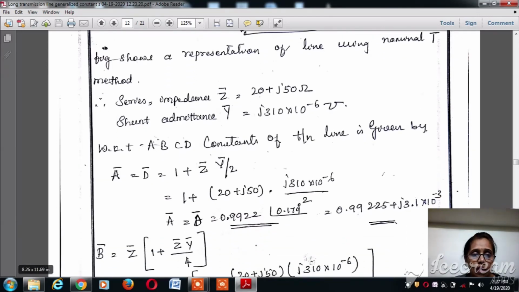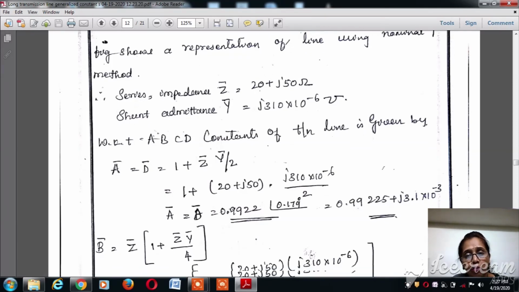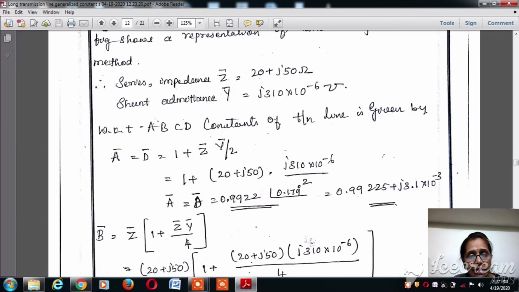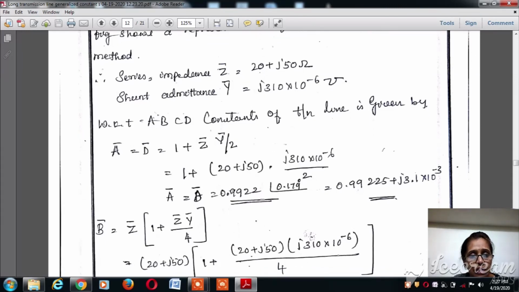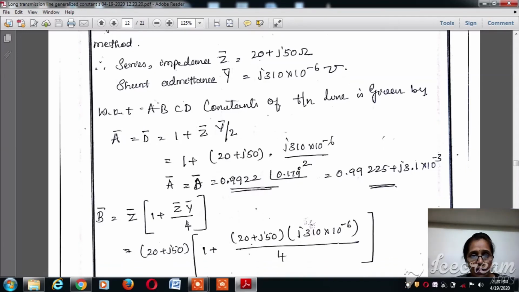So now, as we have understood, for the medium transmission line with the nominal T network, we found that the standard equation is A is equal to D is equal to 1 plus Z into Y divided by 2. Now 1 plus Z into Y divided by 2, Z is already given and then the shunt admittance